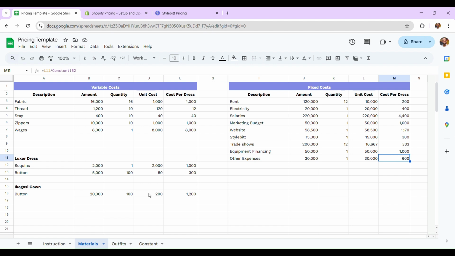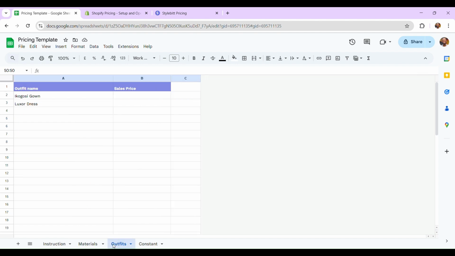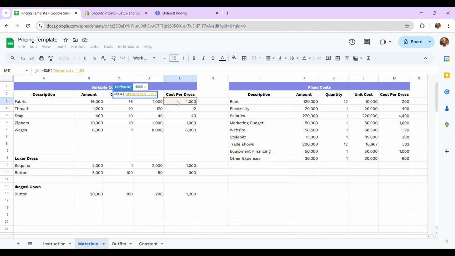Now, the sweet part, how do you now get the price of each product? How much should you be selling them for? So now for the Ikogosi gown, what we are going to do is we'll say equal to all of the base costs. So we are going to sum all the base costs. So we sum all of this, plus the specific costs for the Ikogosi gown, which is this one, plus all of the